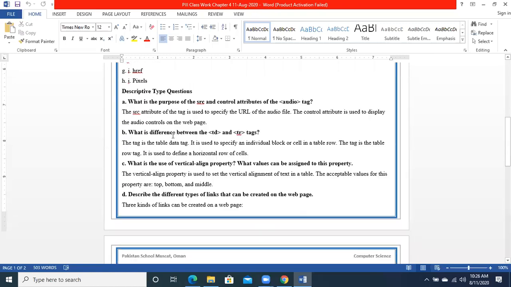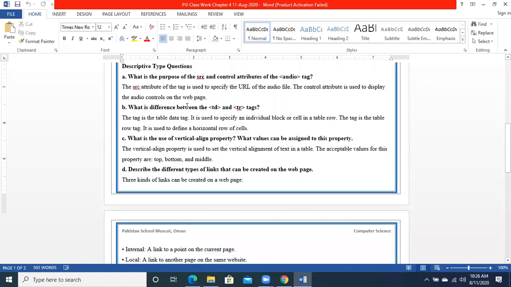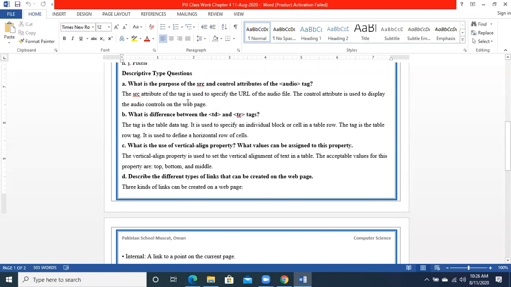Okay. Then what is there in the descriptive questions? Now these are the descriptive questions. We have written very short answers, and all these things are there that we have not only discussed, but we have also implemented. We have done all these things. So I'm explaining this to you for this purpose.